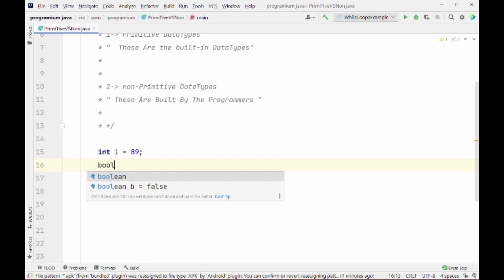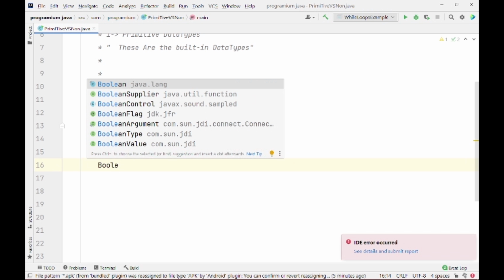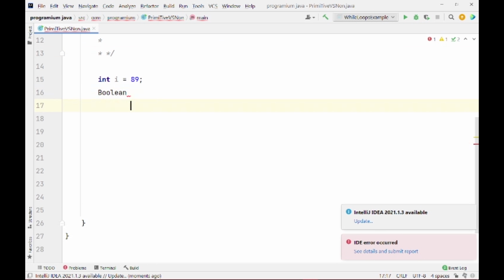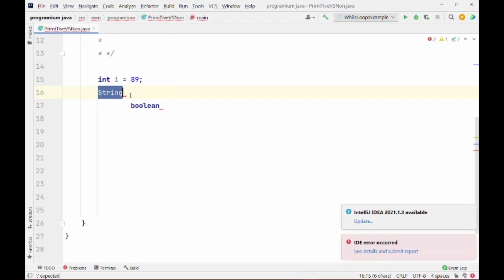Okay, if I use boolean here, you would see that it changes color again. But if I use a capital B, and yes, this is also a data type here, you can see that its color is not changed. Did you see that? Let me put another boolean here and like that you can see that its color has changed. So this is a shortcut in IntelliJ: whenever you use a primitive data type, its color is changed, and you have noticed that when we used String here, its color is not changed because it is not a built-in data type.